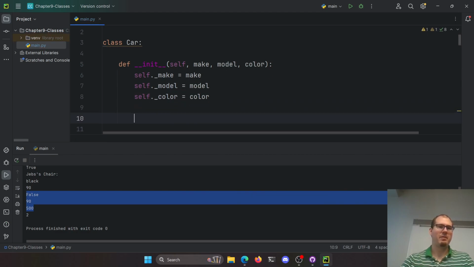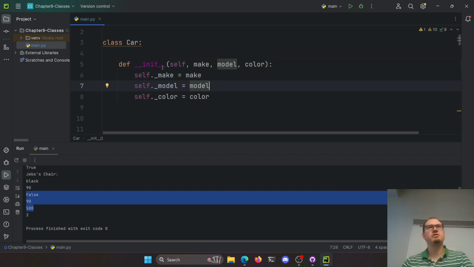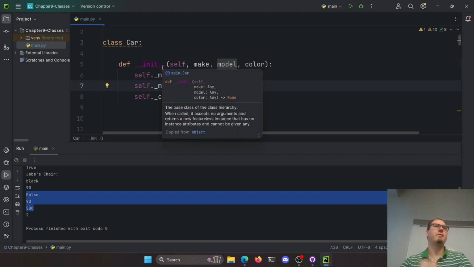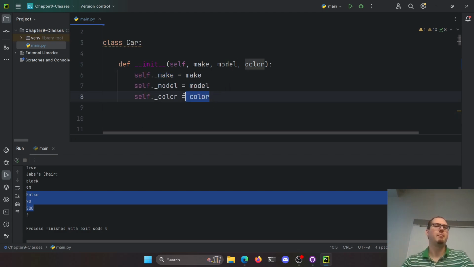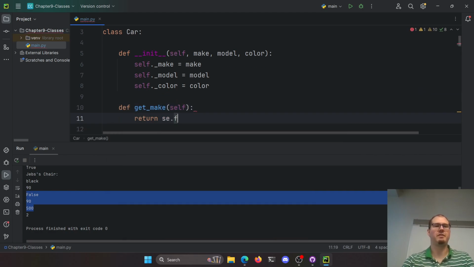Now, once you have a car that has a make and a model, is that ever going to change? Is your car ever not a Chevy Bolt? No, it doesn't change. So it doesn't make sense to have set methods for these. You don't have to have a set method just because you have an attribute here. But color, you can paint your car, right? So we're going to define a get make function, returns self.make,